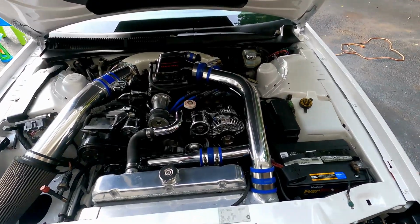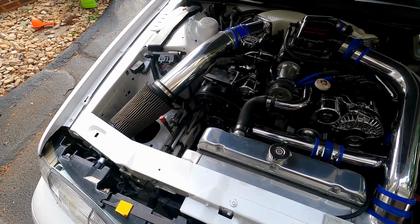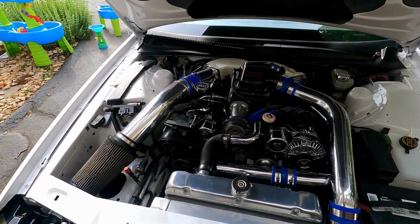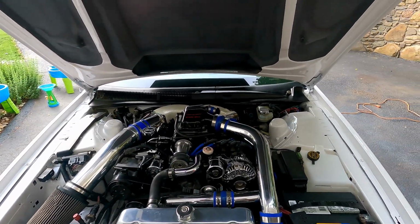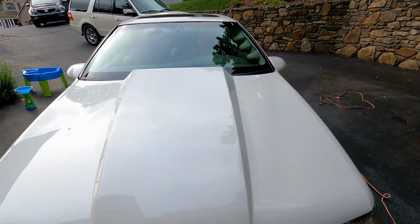Everything's been shined. I haven't polished out the MP front mount. Haven't polished out the radiator as much as I'd like. Everything else is pretty well chromed, so it cleans up pretty well. But I think we're there. I'll shut that here off camera, but